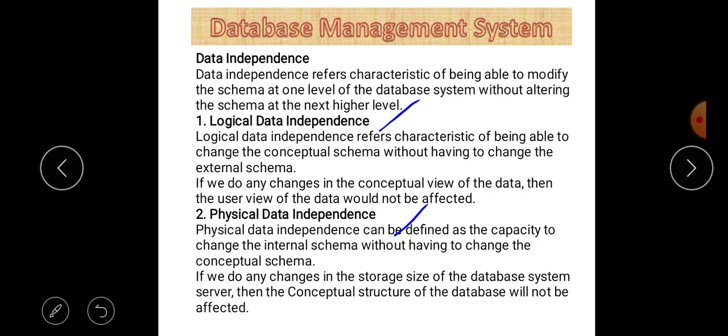And in simple words, if you make a change at the logical level and that change does not affect the view level, that is called logical data independence. And if you make a change at the physical level and that change doesn't affect the logical level, that is called physical data independence. So these are the two basic types of data independence.